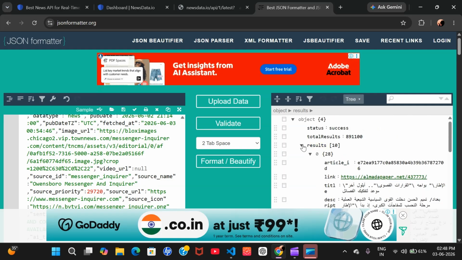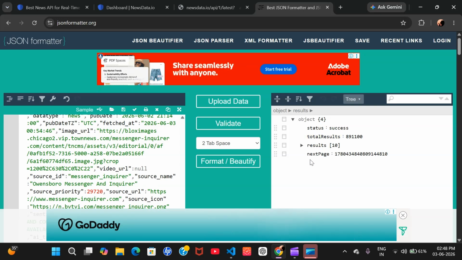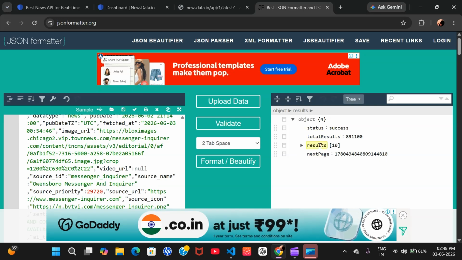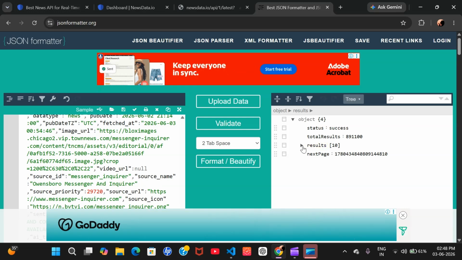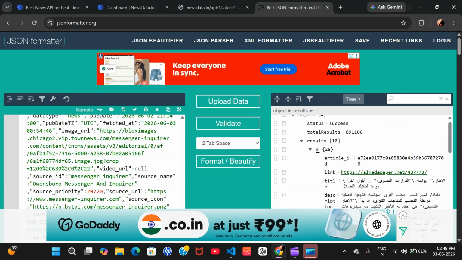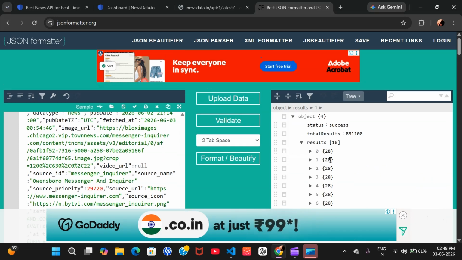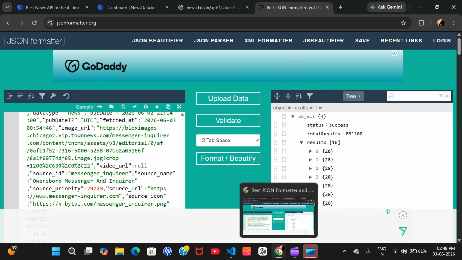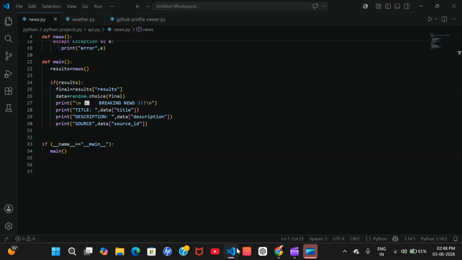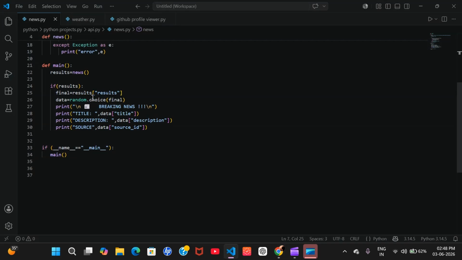Okay. See, in the object we have this type of data, something like result. In the result we have these sections. So how to tackle them? First of all, we need to make a result variable, which contains the data of the result from that object, and store it into final.